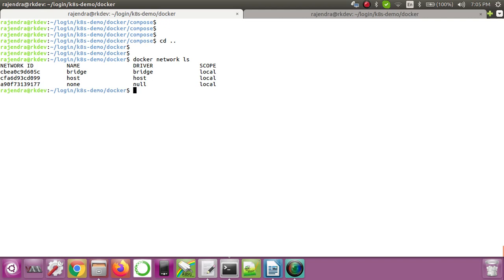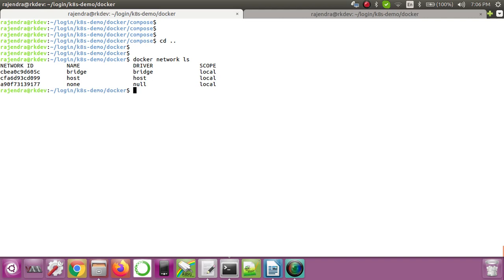If you want to create just an isolated container, in that case you can use this network driver. Now what is the host networking driver? Host networking driver is nothing but you are going to attach that container directly to your host machine network. That means let's say your host machine is running on 192.168.80.11.